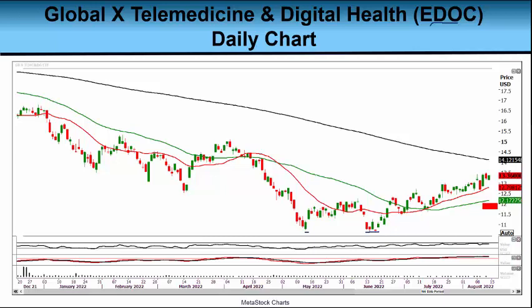So coming into 2022, if you look back here with me on the left side of the chart, EDOC was trading at around $16, right back here. Then it fell down to its March low. Everything fell to a March low at $12.50. So it fell down here to $12.50, then rallied up past its 20-day, 50-day moving average, rallied to 15, and